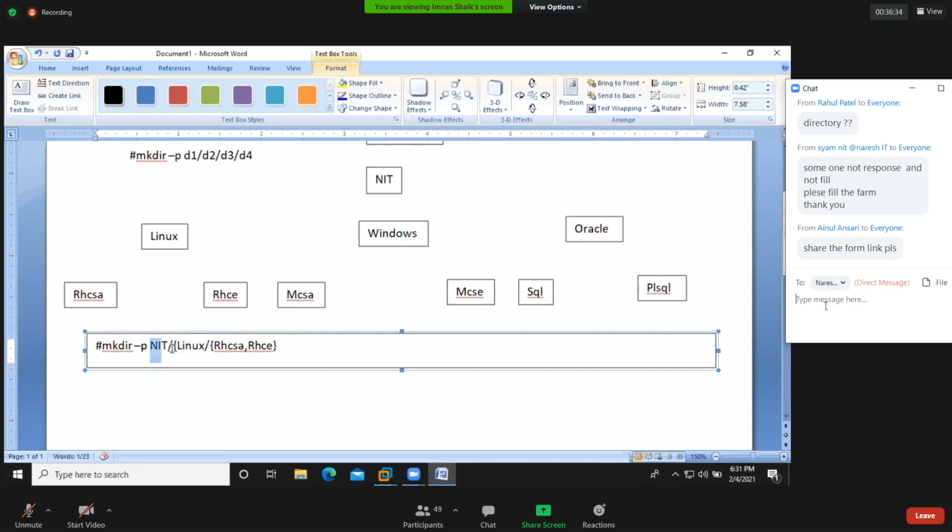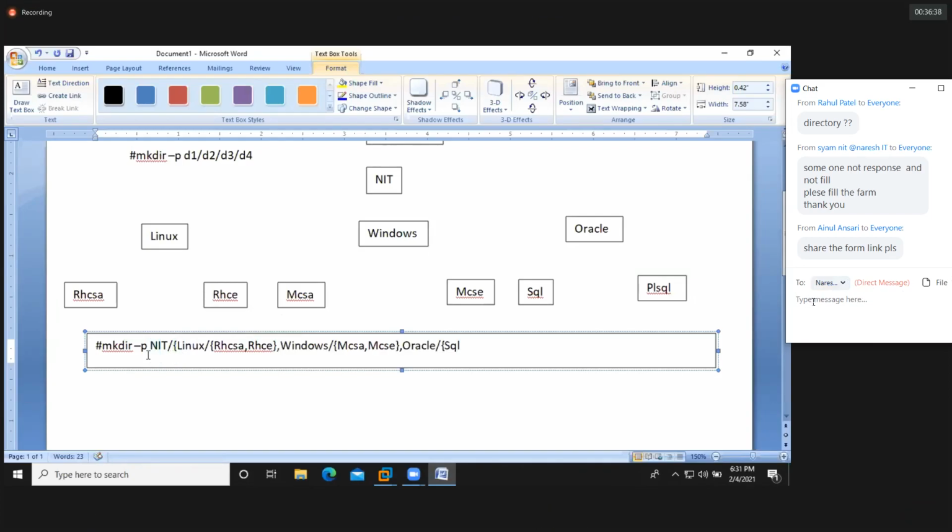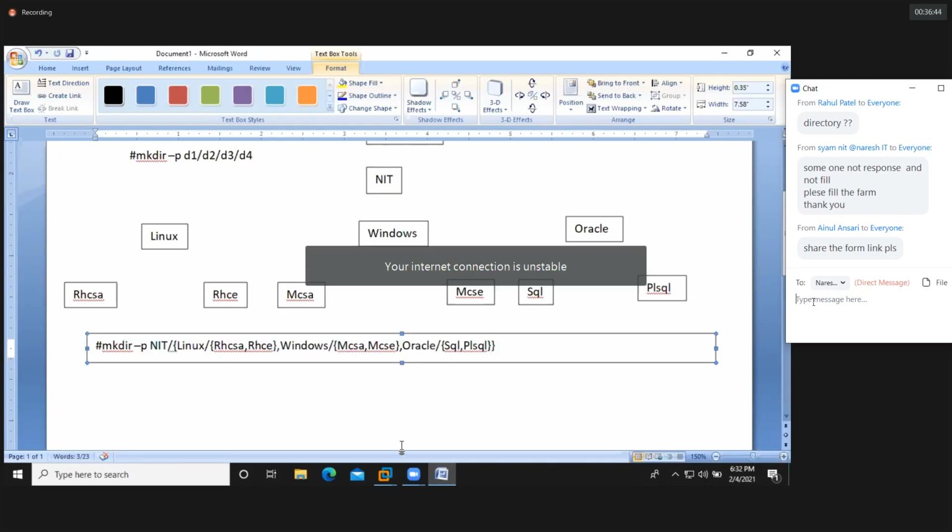And then we need to close the main curly brackets. That's it, and automatically this directory structure will be created.